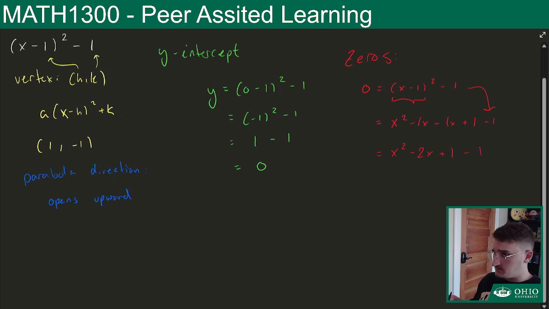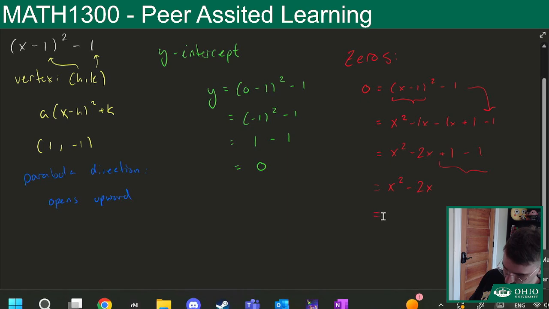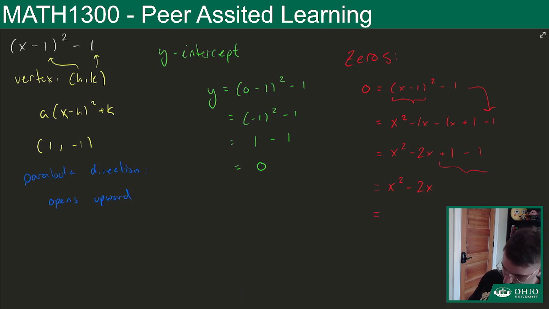Now we can continue to combine like terms, and we see that these plus 1 and minus 1 terms will cancel. And so we will get x squared minus 2x. From this point, if we're just factoring, I can see that both terms share an x value. So I'm going to factor out an x value, x times